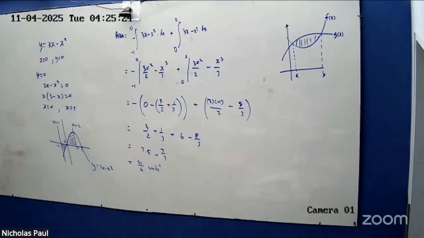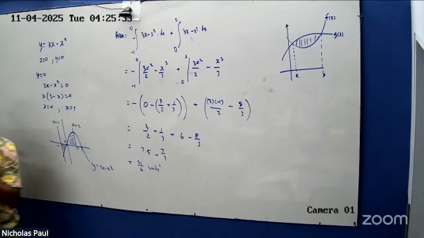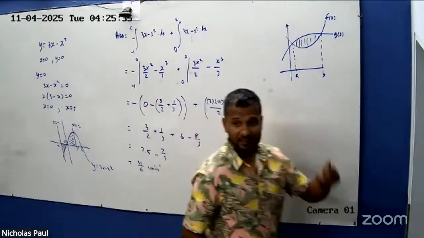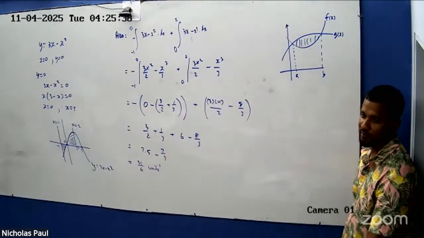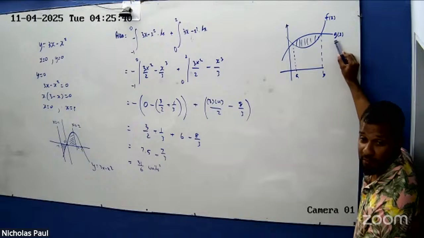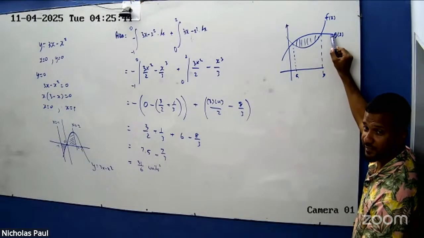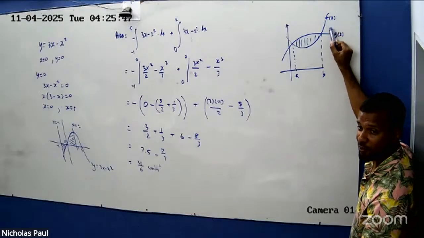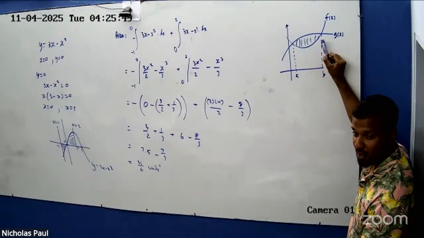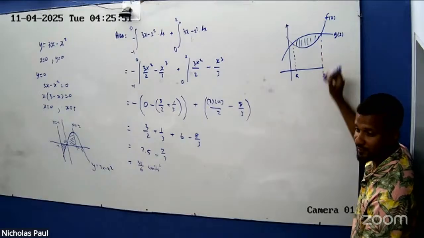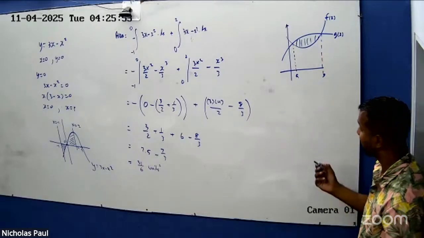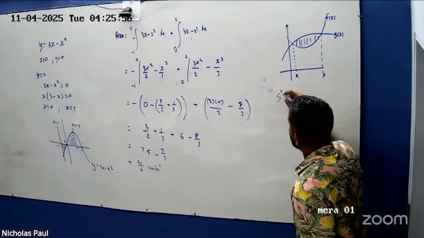Find the area. Which one is larger? Which one will give you the larger area? The one on top, g of x. Okay? Find the area under g of x, then find the area under f of x, and then minus that. Okay? So the shaded region